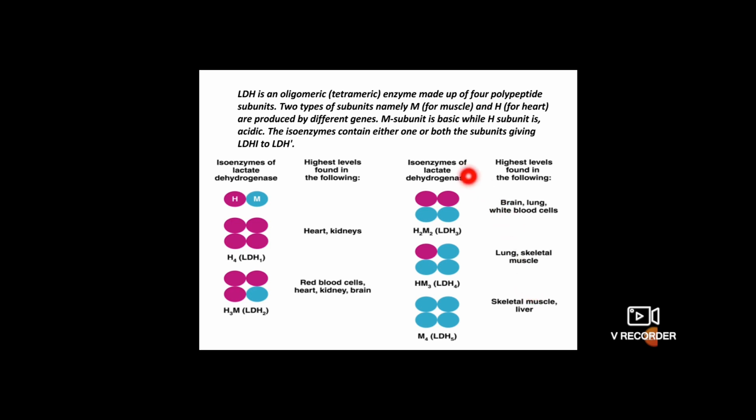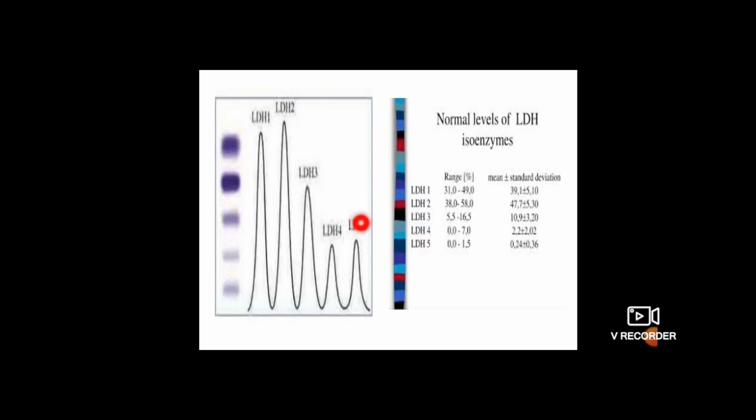So this is a very important thing we have to remember. First, what the enzyme is doing, and second, what subunits it is made up of, how many types there are, and where it is present. If you know all this information very well, then we can diagnose the disease. So how can I identify which enzyme is increased and which is decreased when you take the sample and estimate it? As I told you, this is a